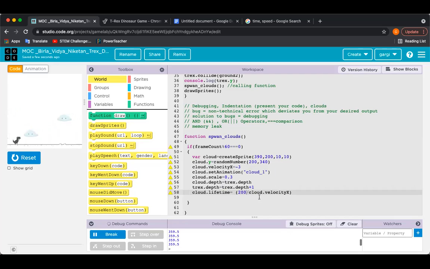Cloud dot velocity x. I put the /, but it's not dying. If I make it 3, will it die? Let me refresh.